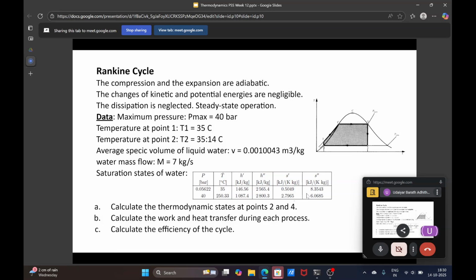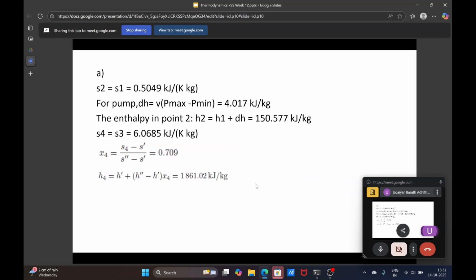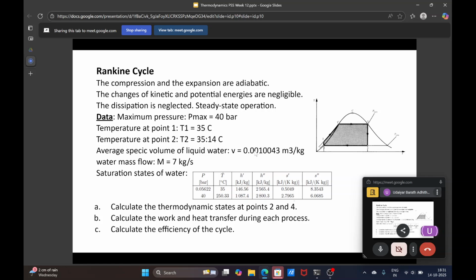So the data here is given for the saturated liquid and vapor. So what we know is we know at 1, 2 and 3. So the only unknown is at 4, which will be a two-phase which we can calculate. So S2 is equal to S1,